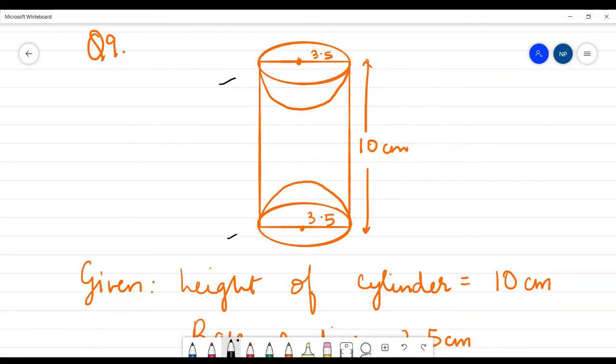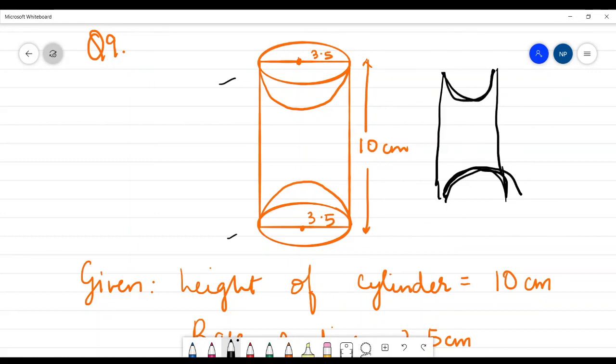Firstly, we will find out the curved surface area of the cylinder. After that, we will find out the inner surface of the hemispherical cavity. This is the hemisphere cavity. The hemisphere is being scooped out, but this particular portion and this particular portion is still left, isn't it? Sorry children, about the diagram. See, after scooping out, this shape will be somewhat like this, isn't it? So this particular surface area that is left is to be calculated.